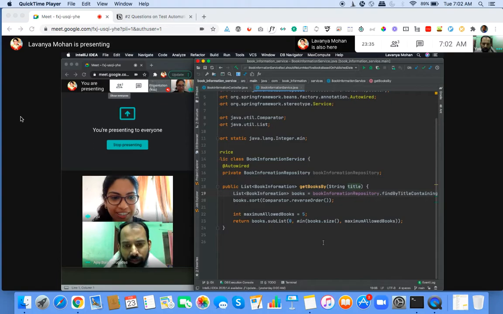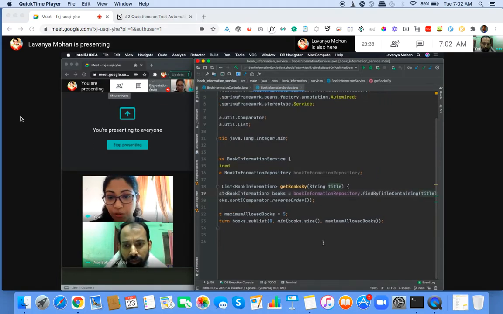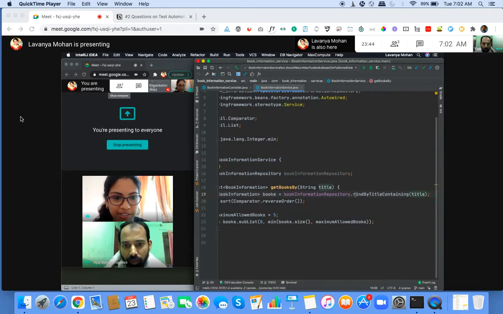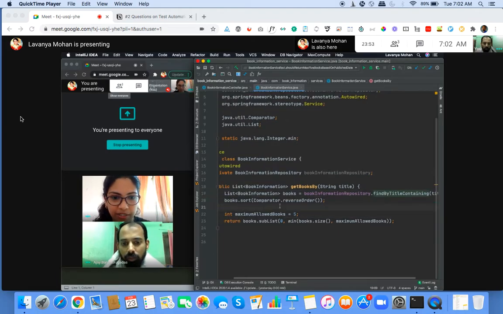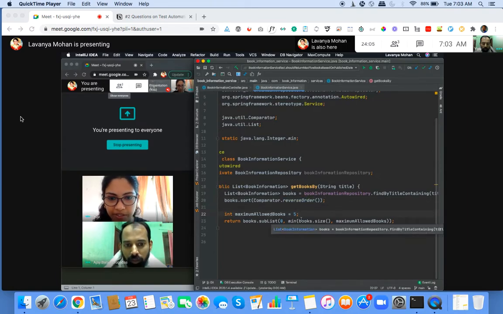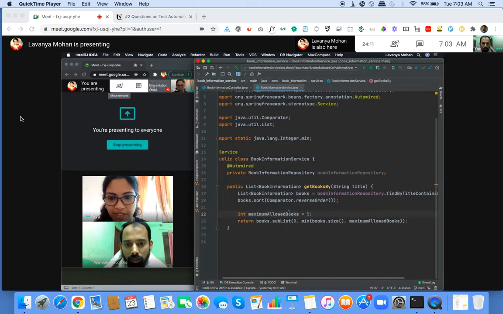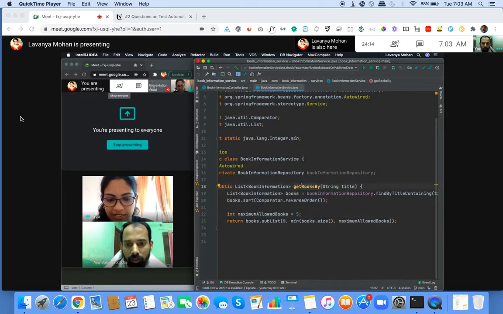Good. So the nice thing is, even though you were looking at this method for the first time, there were quite a few aspects that you could read and understand what it's doing. For example, it was easy for you to say, yeah, it is going to the repository and finding all these books by the title that we've sent as a parameter. Then we are doing some sort of sort. Not sure what we are using for sorting, but we are sorting in reverse order. And then some sublist is what we are doing, but we are not sure what it is. Right? So when we have this kind of confusion, one of the easiest things to help us understand the method better is to look at the test itself. So let's look at the test code.